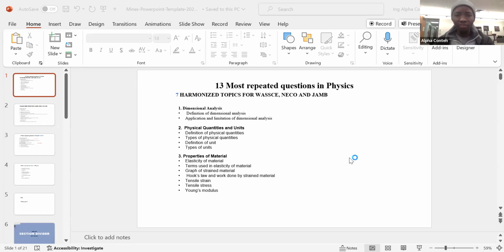In part two, you'll be given 5 questions, and you'll be asked to go in for 3 questions, and each question is 15 marks. So if you attempt those 3 questions, you'll be eligible for a maximum of 45 marks. That's for part 2. In part 3, you come across 50 set questions, which we normally call simply the objectives. You'll be asked to attempt all of those 50 questions.